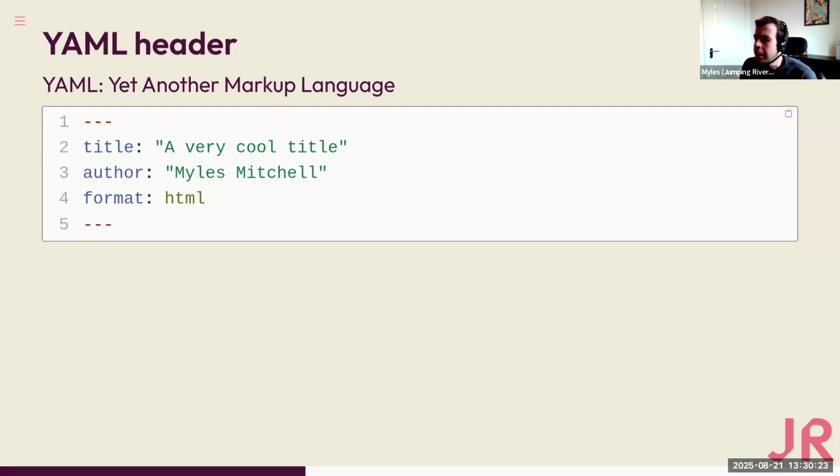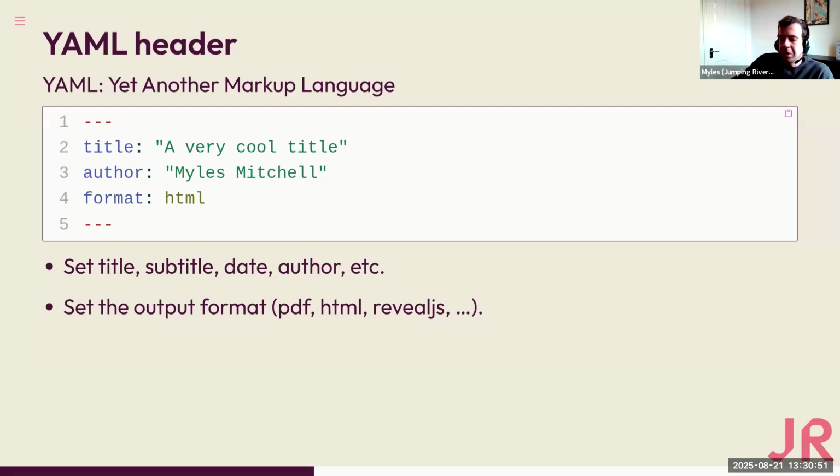So the first thing that you have in a Quarto document is this YAML header. So this is fenced by these sets of hyphens at the top and bottom. And then for each line here, you've got a setting and it's being assigned to a value. So you've got things like the title and the author, but you've also got settings that control the overall format. So if you use HTML for format here, that's going to create an HTML report.